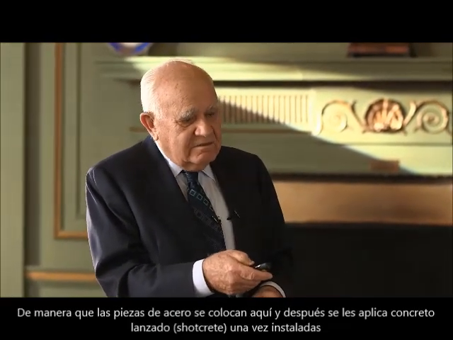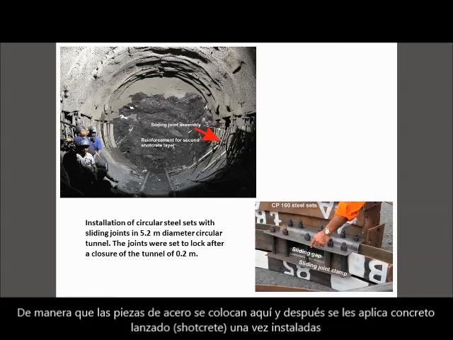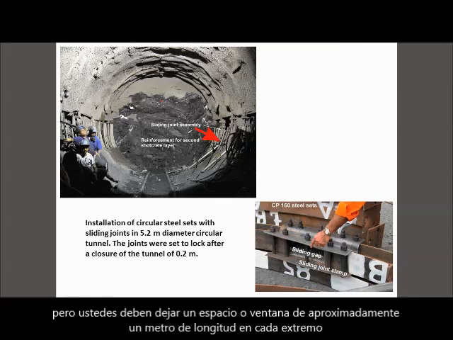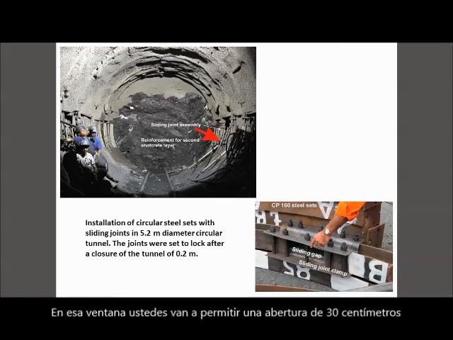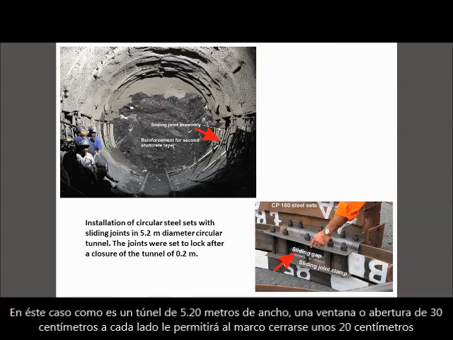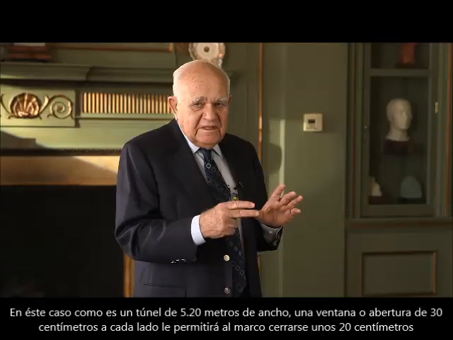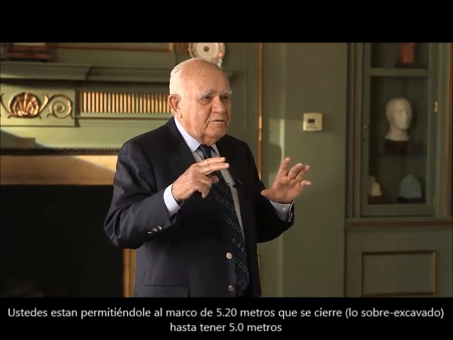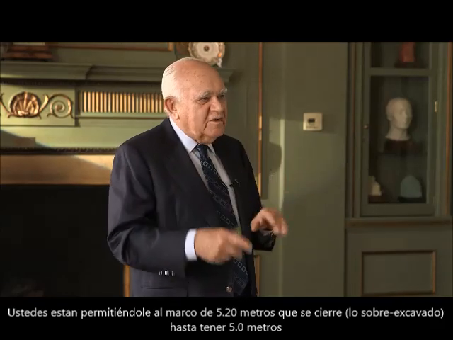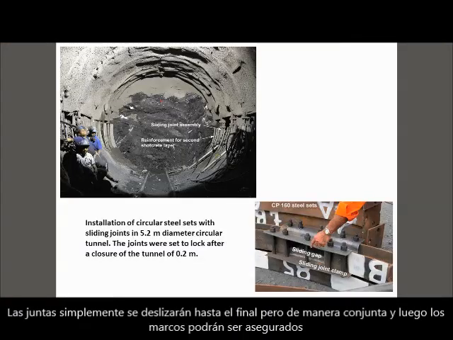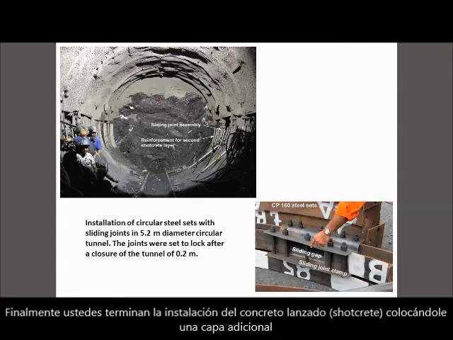So the steel sets go in here, and they are shotcreted in place, but you leave a window of about 1 meter on either side. And in that window, you allow a 30 centimeter gap. In this case, it's a 5.2 meter tunnel. 30 centimeter gap on either side will allow it to close 0.2 of a meter. So you're allowing it to close from 5.2 meters, you over-excavate it down to 5 meters, and the joints simply slide until the ends butt together, and then the sets are locked up,